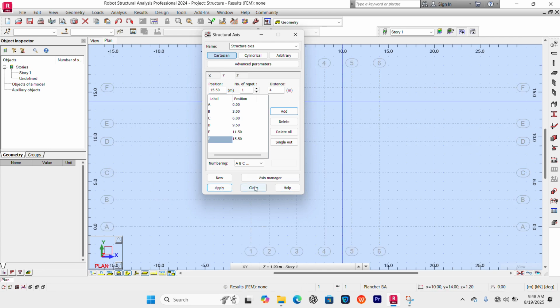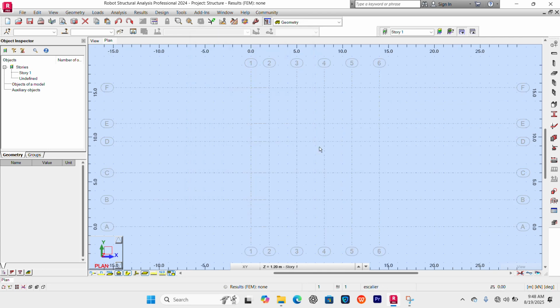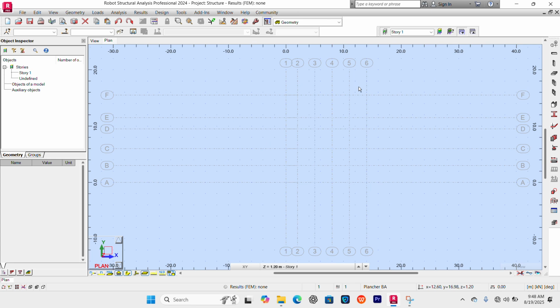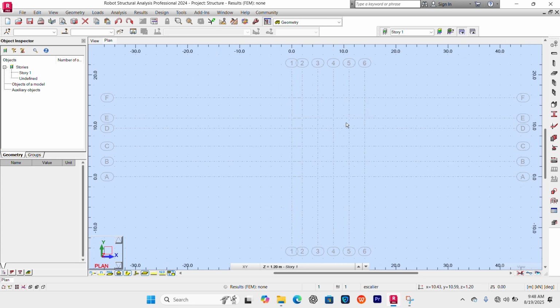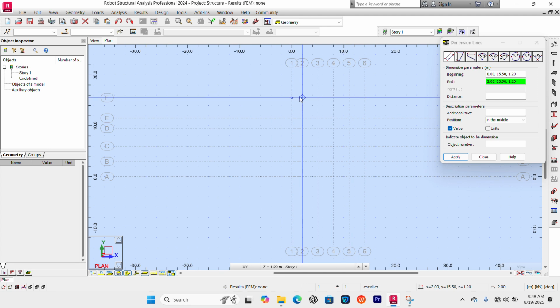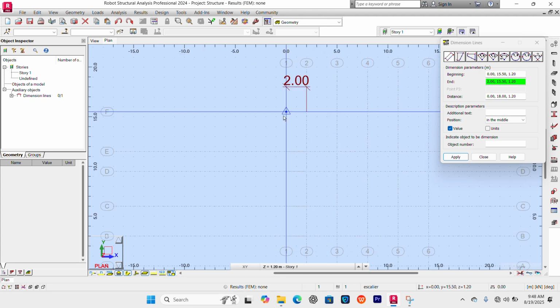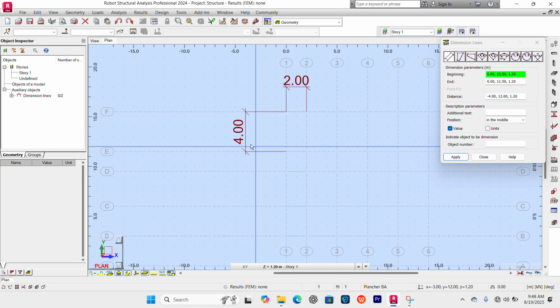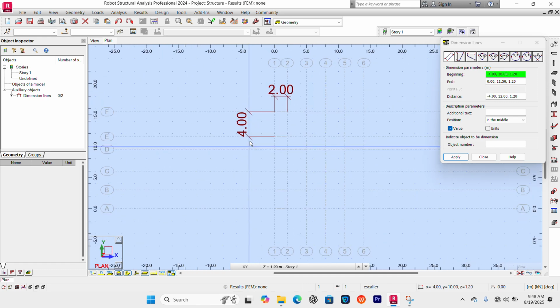When you click on apply, you can close it. Now you see that these are your various grids that have been represented. This is your 1 2 3 4 5 6, A B C D, a bit like on your foundation plan. You can also ensure that you do not make errors in your dimensions by clicking here and just measuring. You check the dimension, 2 meter. You check this one also, 3 meter. That's for 4 meter instead.